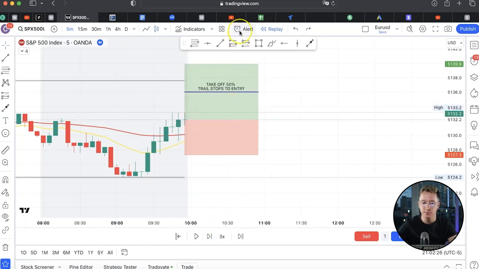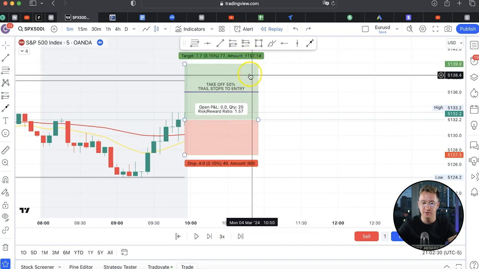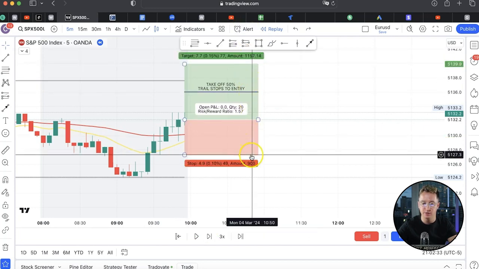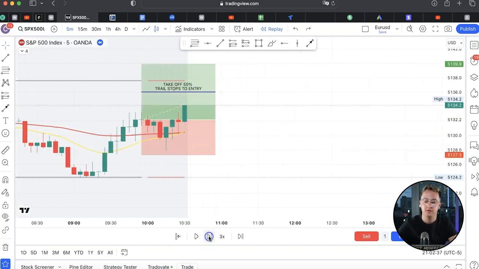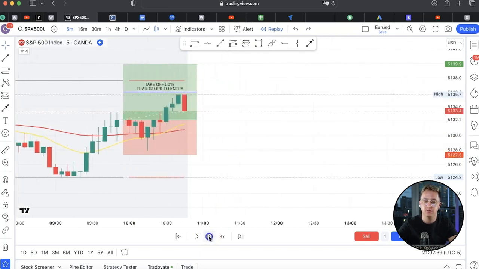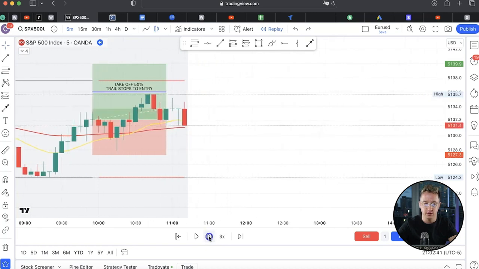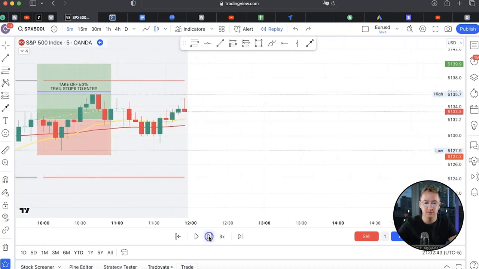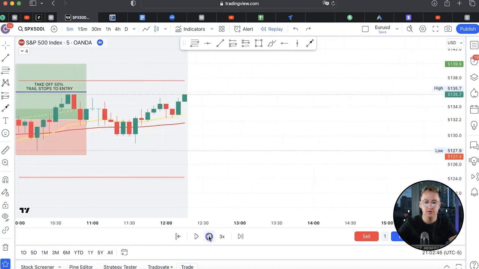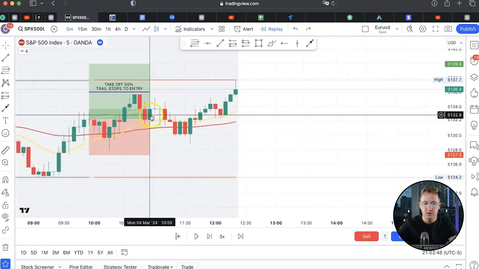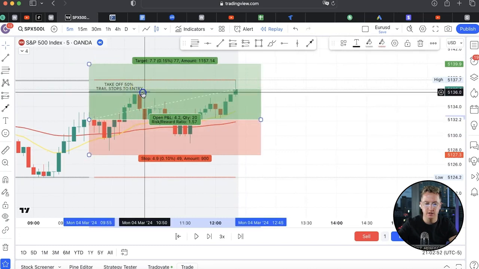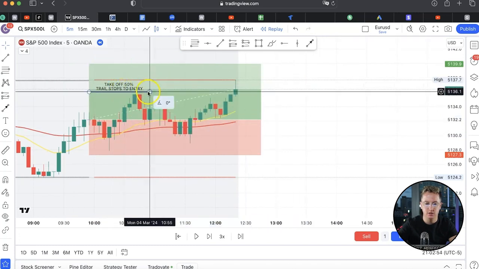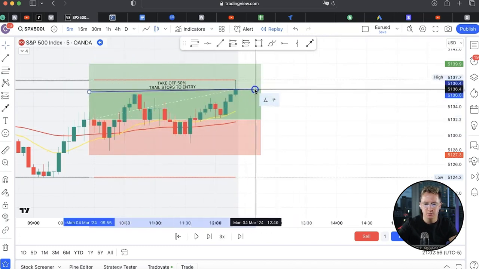And also, I always talk about this, guys, add alerts. Go right here and create an alert for your TP, halfway point, and your stop loss. Got close to our halfway point. There it is. So if we drag this into the future, and then we drag this as well, boom, boom, boom,